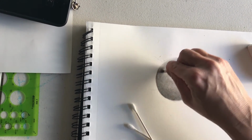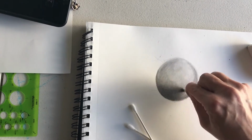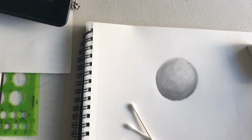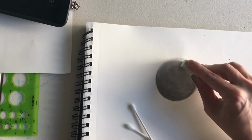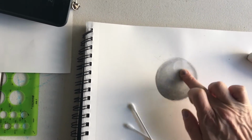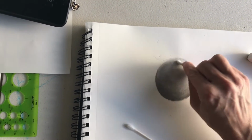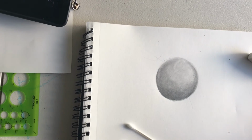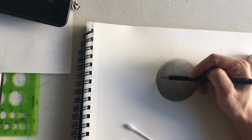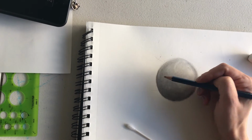So I'm still smudging, smoothing it out. And then I'm going to bring my highlight again. Now the highlight should blend in. You don't want it to look like a white dot on your page. Okay. And I'm going to keep building this up,